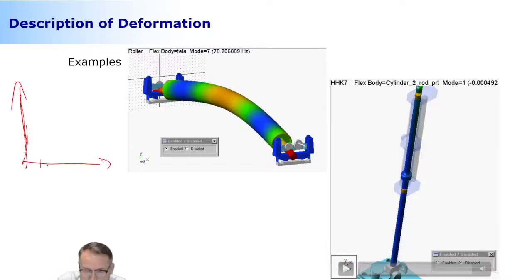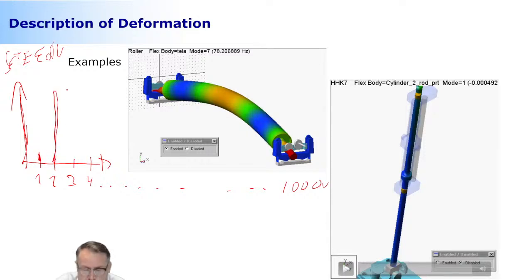Now, here is something like each of these modes based on their natural frequency. This is mode number 1, mode number 2, mode number 3, and so on, all the way to 10,000. And this is the strain energy, how much each contributes to the strain energy, which can be computed like this. It's very common that the first one contributes very little, the second one contributes like 80% of the max, then this one is 10%, and somewhere there could be one more, like 5%.